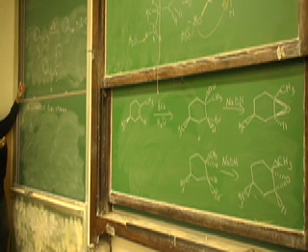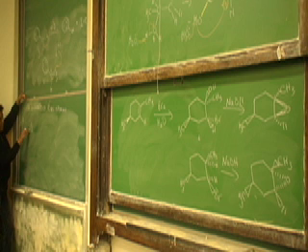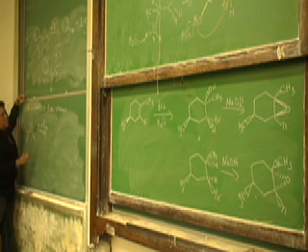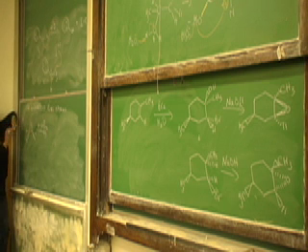But let's draw it with some stereochemistry so that we can keep note of things. So let's say we have treating propylene oxide with sulfuric acid. First thing that would happen,